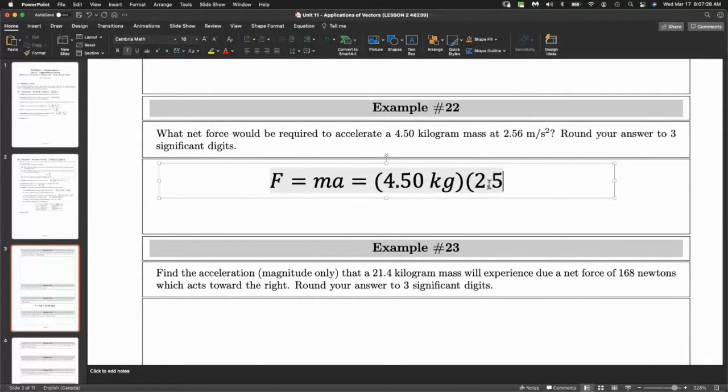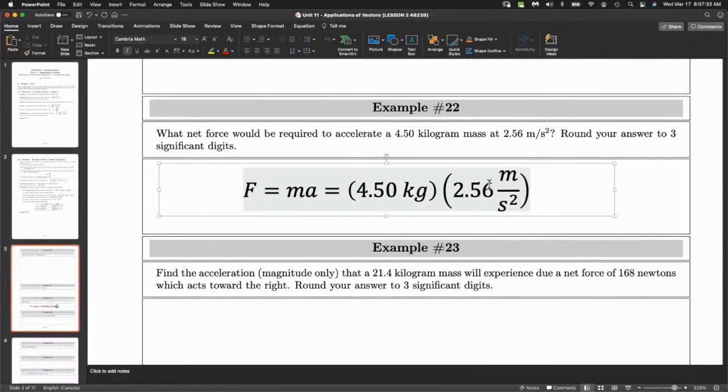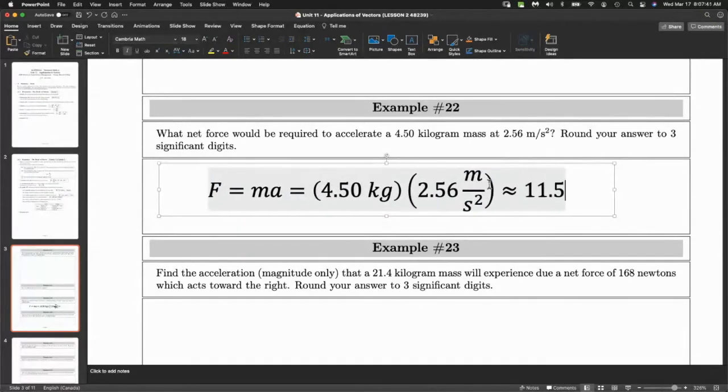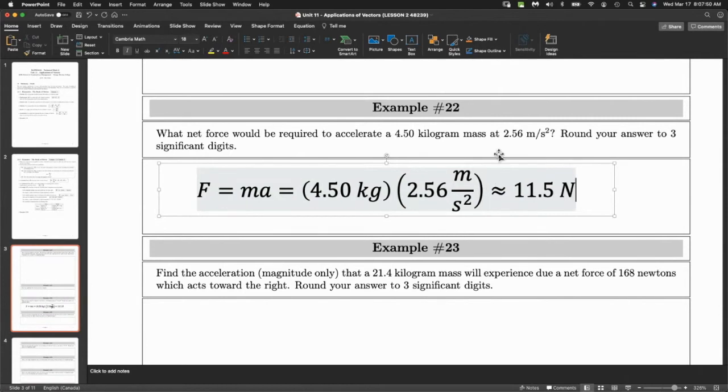And the acceleration is 2.56 meters per second squared. I realize there's students in this audience that have taken physics before, so I hope you don't mind me going a little bit slow with this, because some people have never seen this before. Anyway, the units of force are newtons. So an important thing to take away from this example